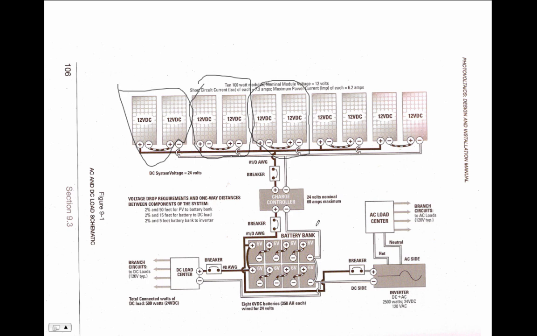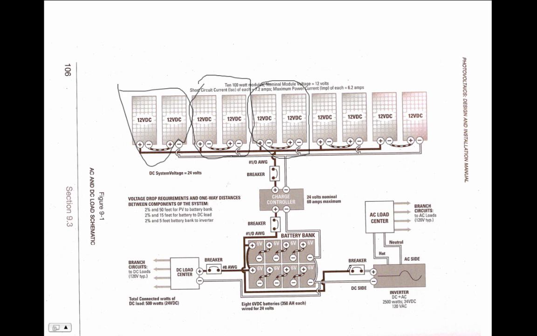And so then you see other things here, like this is a breaker, meaning this limits the amount of current that flows through here, so that if there's a short circuit or some problem, it would burn this up before it burnt the wire. This is like a fuse. Here's one here, here's one here. So these are safety devices that you put between, especially around batteries, because batteries can, in a short circuit, deliver